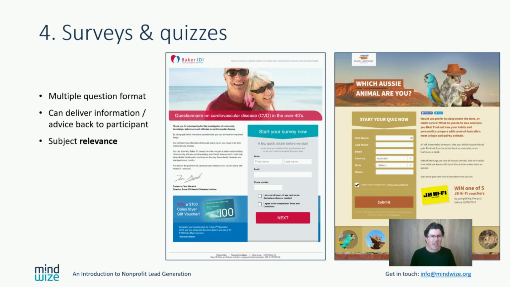Moving on, here we have a survey and a quiz. The tone is different between the two, but the format is essentially the same. A multiple question experience that gives information back to the participant based on how they answer the questions. And through interactivity like this, you can really offer the participant useful information like in a brochure, but through a different kind of experience. Now, what are key factors for success with surveys and quizzes? You guessed it, audience relevance, whether that's because you're over 40 and wondering about the risks of diabetes and heart disease, or if you're curious about Australian animals and want to know which one you're most similar to.